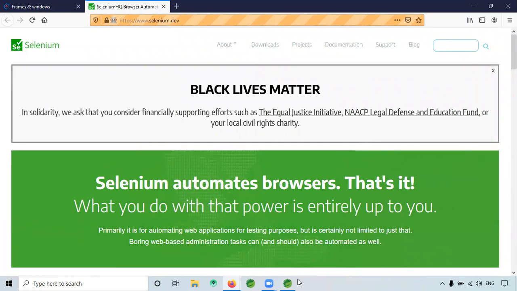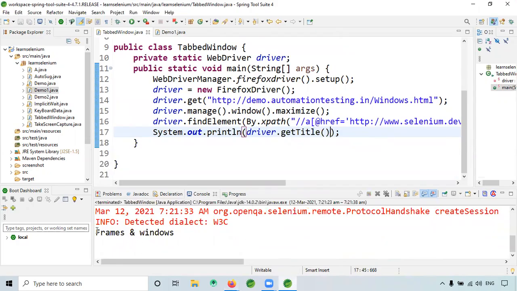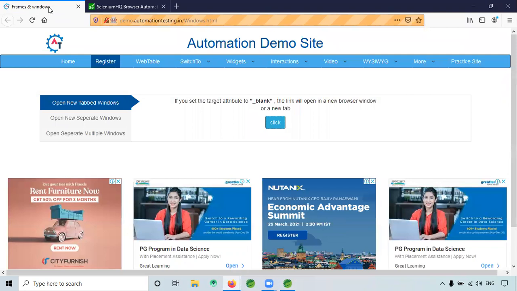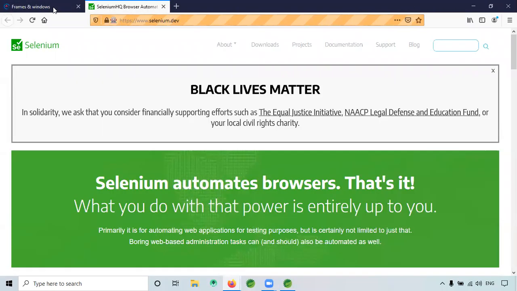Frames and windows it is getting us, which means it is fetching us the title of the current tab, this one. But I want this title actually. So how can I do that? Any idea?